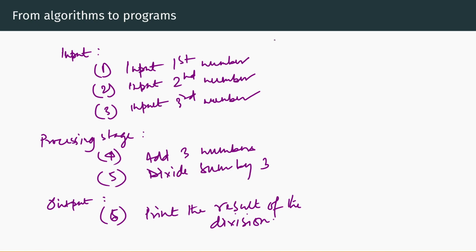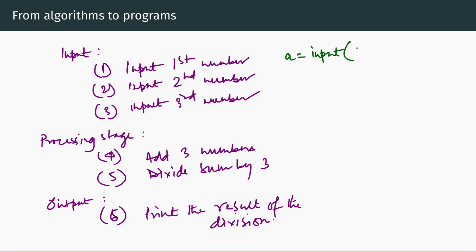Now if I had to change this algorithm into a Python program, what would I do? Okay, so we can just do this line by line, right? So the first line is we want to input the first number. And how do we input a number? I want to store the first number in a variable. So obviously I can say a, that's my first variable. Okay, a equals input,